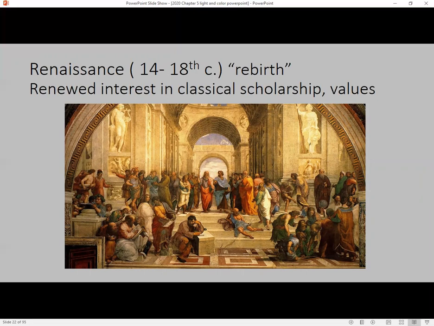A lot of the Renaissance stuff was going on in the late 15th, 16th century. Renaissance means rebirth. And during that period, for a number of reasons, there began this renewed interest in classical scholarship and values. That's because a lot of this information came from when they were excavating Rome, parts of Italy and Greece, but also because